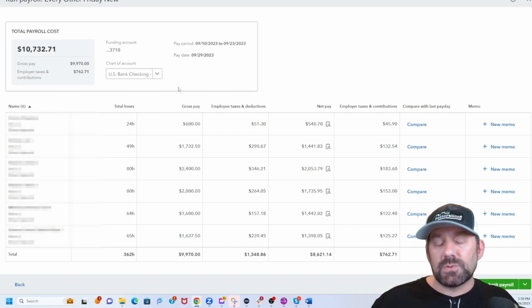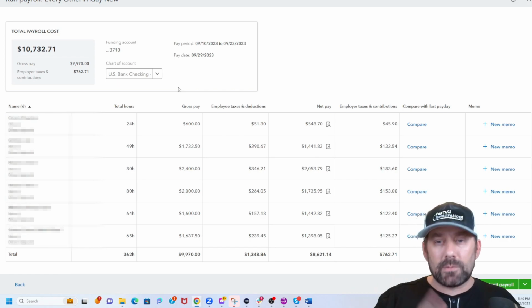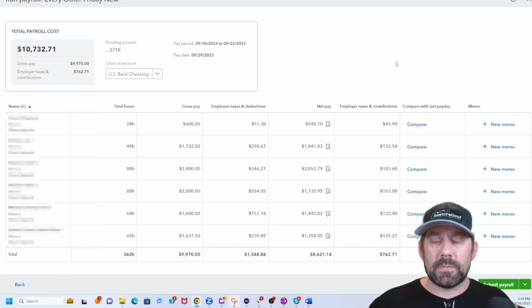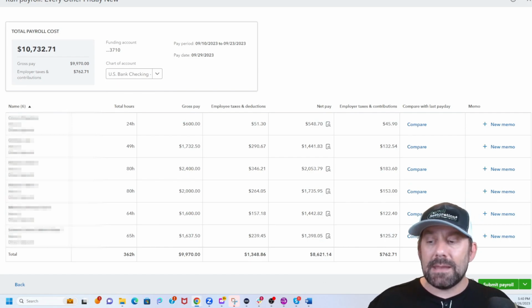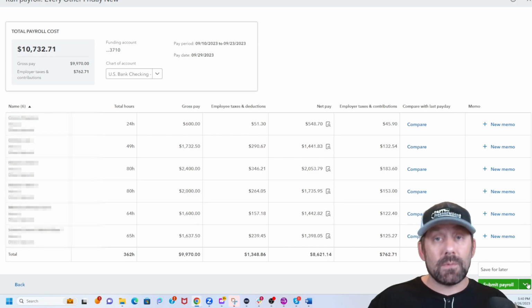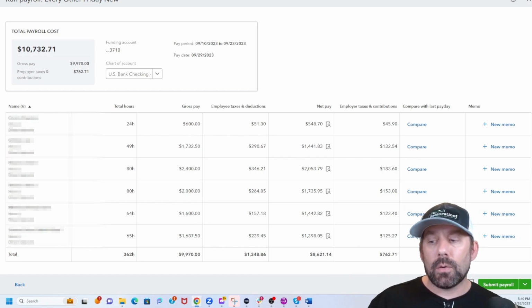If you ever have a challenge where these are mapping to two different places, I'll put a link below to a video to show you how to fix that, of course. So from here, you would traditionally be able to go review through all the payroll details. And from here, you can either save for later to come back, you can preview payroll details to see the individual breakout per check, or in our scenario, we're going to actually just go ahead and submit the